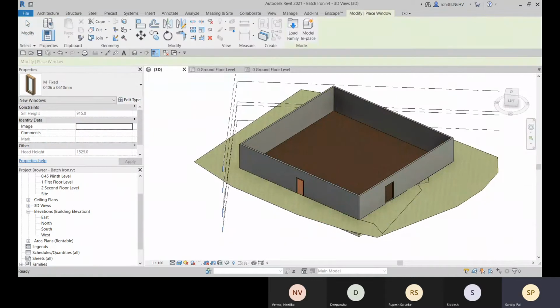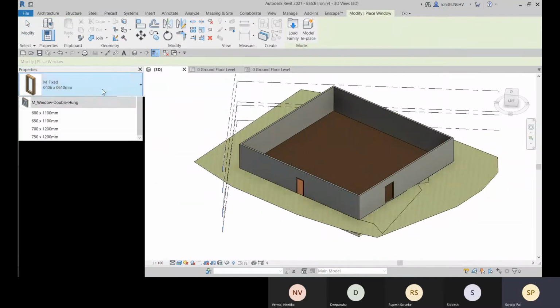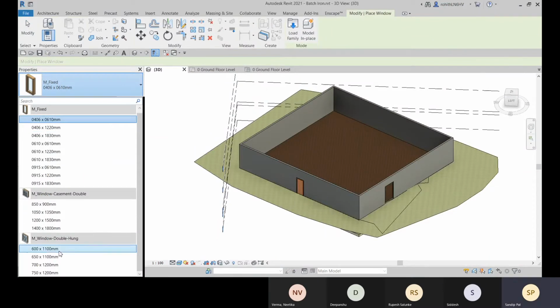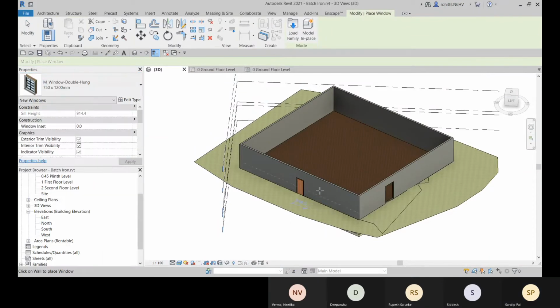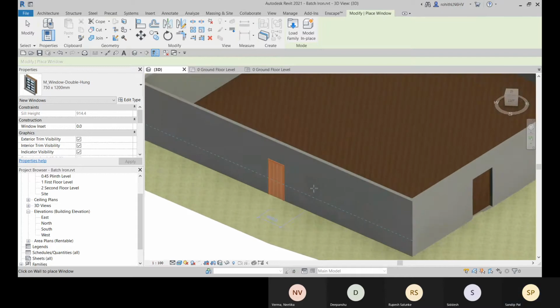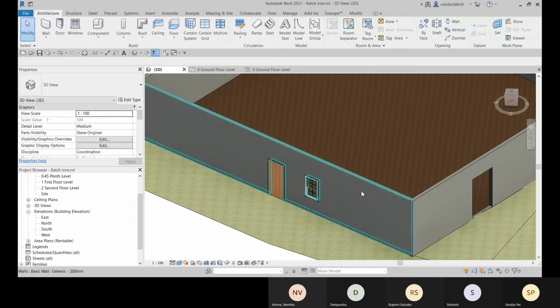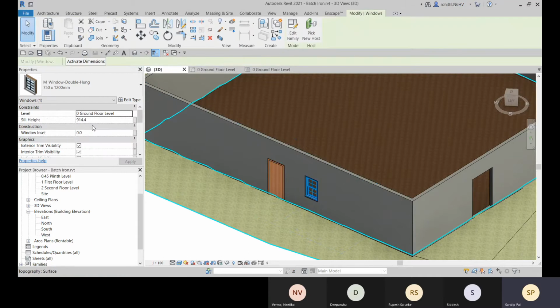Similarly, we can add windows over there. For that, let's select this window and place it here. Here you can see that it is placed at this ground floor level.